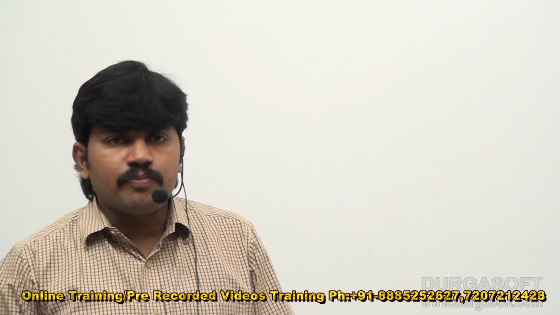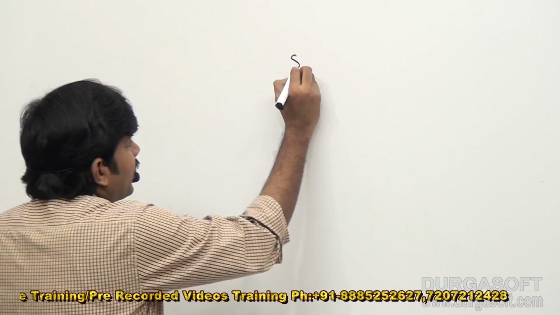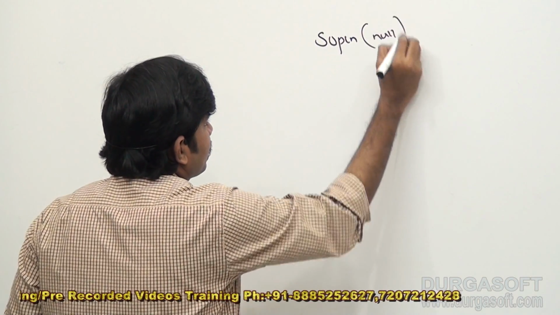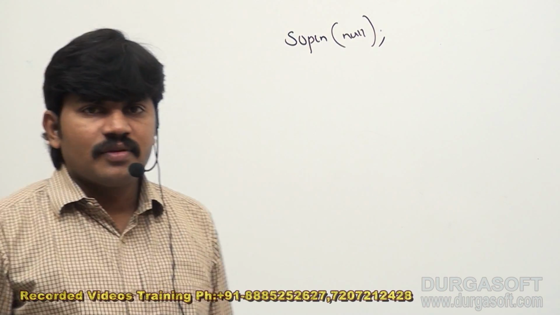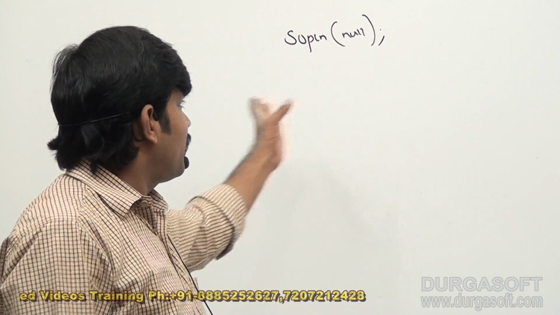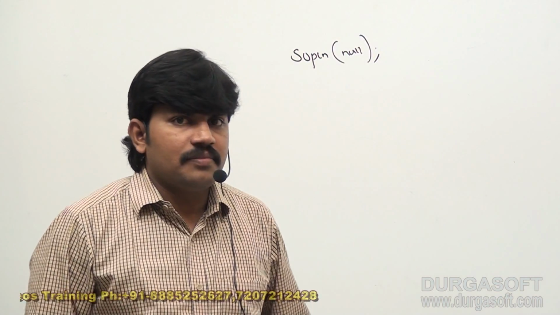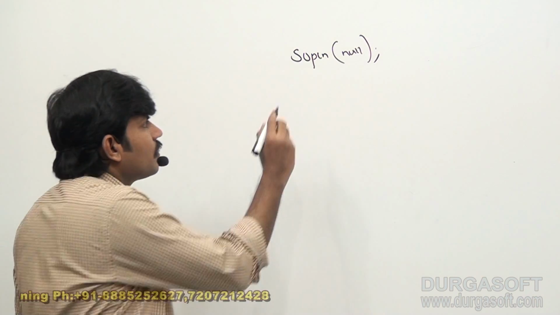Sir, next important point, you people should have clear clarity. If I take System.out.println of null, SOP of null, have you ever printed a null value? If I am trying to print SOP of null, what will happen, sir? Immediately we are going to get a compile-time error, because the reason is